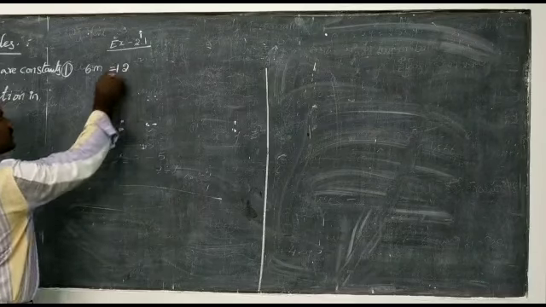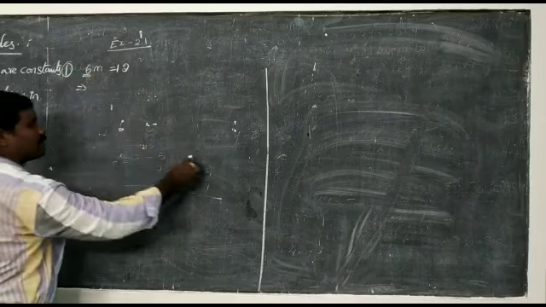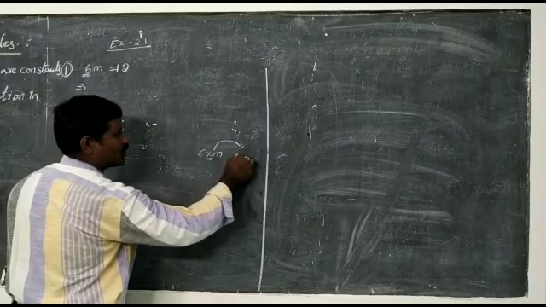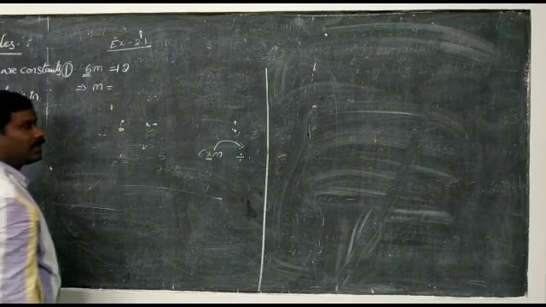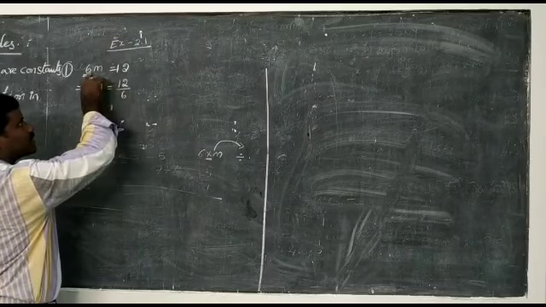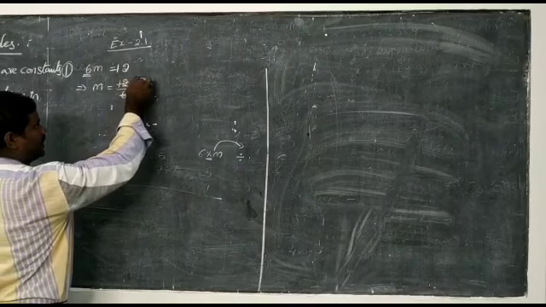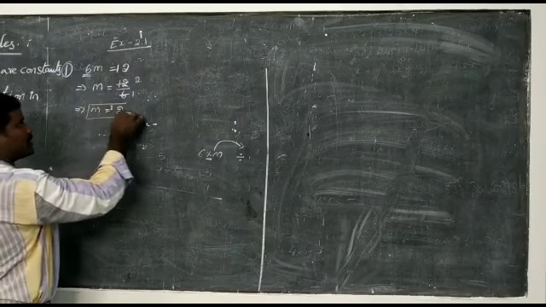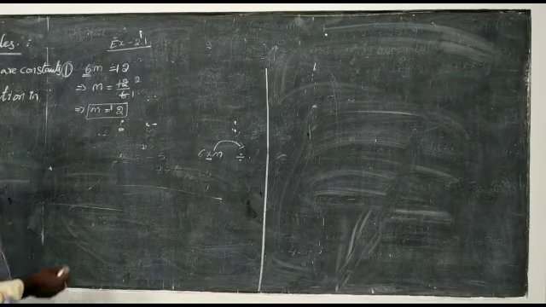In this case, 6 will be transposed to the RHS side. See here, 6m means 6 into m. Multiplication will transpose to division. That means m = 12/6, because the multiplication symbol is transposed to a division symbol. 6 ones are 6, 6 twos are 12. That means m = 2. The value of m is 2.